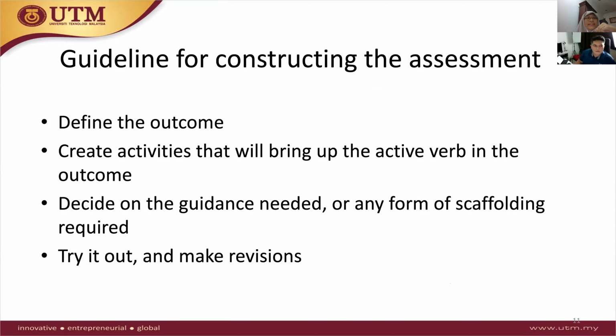Any rule of thumb, Prof, for a 3 hour closed book exam to an open book exam? Okay, this one is another thing about constructive alignment. In constructivist theory, it says we have to look at our students. You have to know your students. And it is true that our students vary, their ability varies. And when we are trying to help them, of course there is always a time constraint.